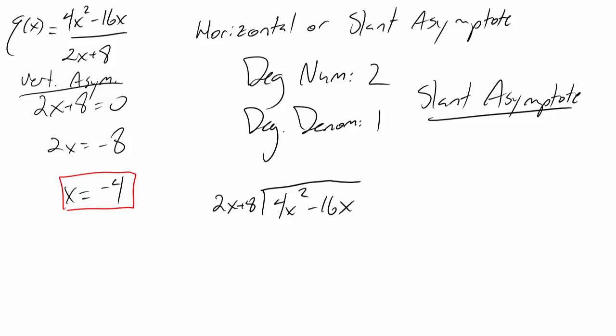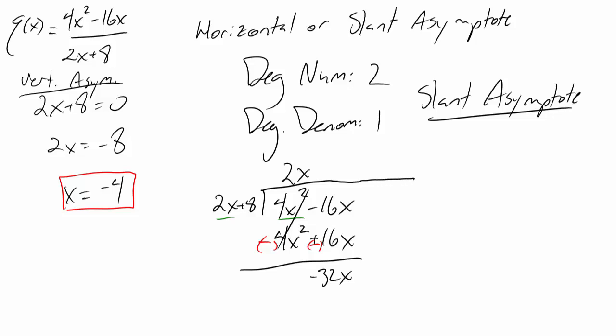We have our 2x, and we want to turn it into our 4x squared, so we need to multiply by 2x. And we're going to distribute that 2x through to both parts, the 2x and the plus 8. So 2x times 2x is 4x squared, and then 2x times the 8 will give us a plus 16x, but just like all other divisions, we are going to subtract. So that changes our signs here to both negatives. So with the 4x squareds, those go away, but negative 16x minus another 16x gives us a negative 32x,